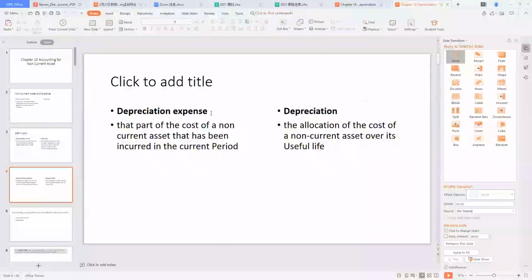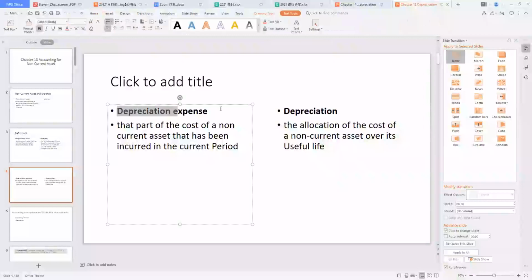And hence depreciation expense is the part of the cost that has been incurred in the current period. So how much you have used in the current period to gain revenue is how much depreciation expense